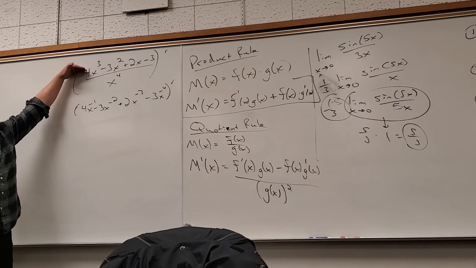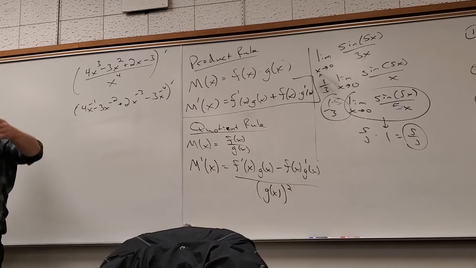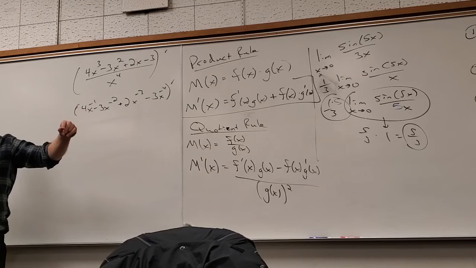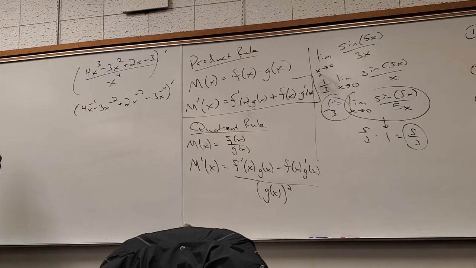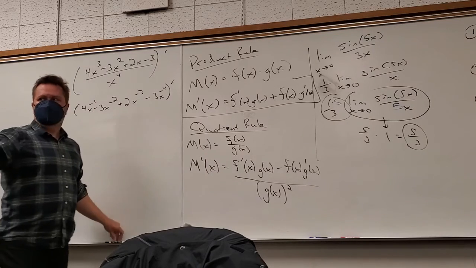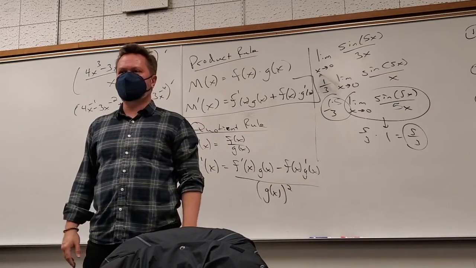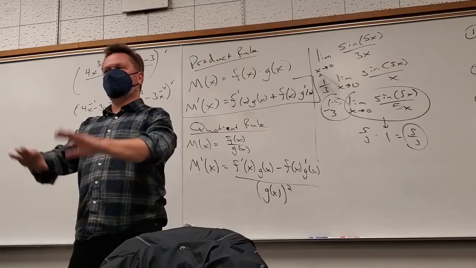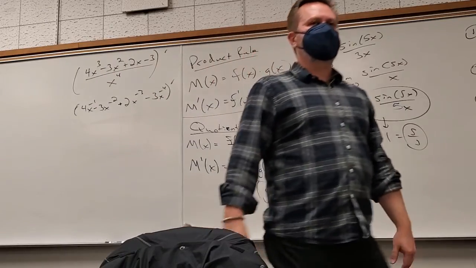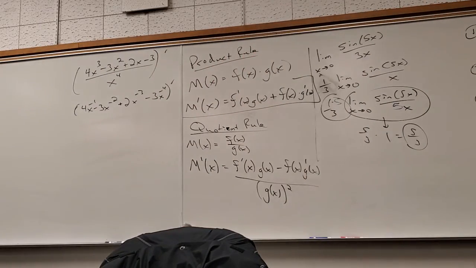You could do quotient rule on this and it would be horrific. And it would work. Why would you? So there's one problem. Because we hate ourselves. Oh, all right. Well, I'm sorry. Don't do that. Life is hard enough, kids. Don't do that to yourselves. So go for it.